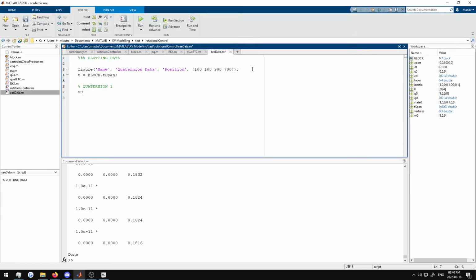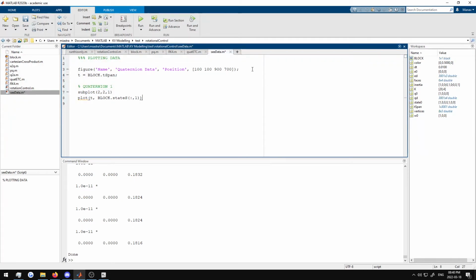We're going to create a subplot, which means there's going to be one big figure, but there's going to be 4 little plots within it, one for each quaternion. It's going to be a 2 by 2, and the very first one is going to be quaternion 1. We're going to be plotting t, and then block.state s,